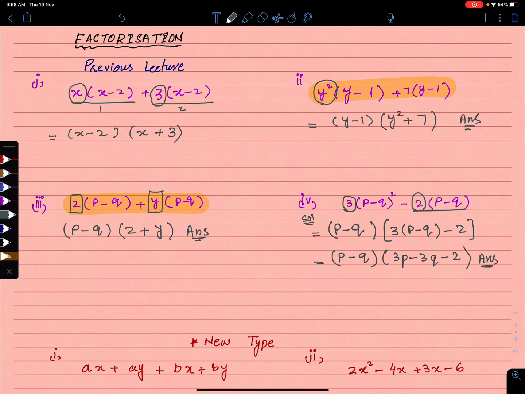Okay, so let me explain this step. Maybe most students got confused at, sir, how do we take p minus q common? Actually when we take p minus q common, we have p minus q square. P minus q square means p minus q into p minus q. When I take 1 p minus q common, I have to divide by p minus q. So this p minus q cancels with 1 p minus q, and the other p minus q is left inside the bracket, which I write here. I hope you got it.